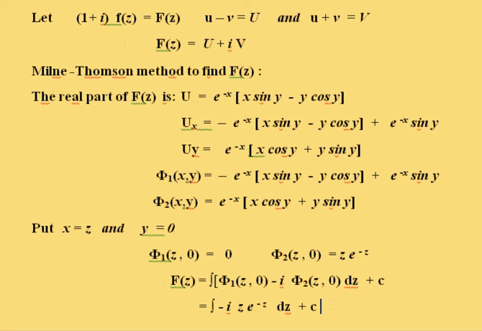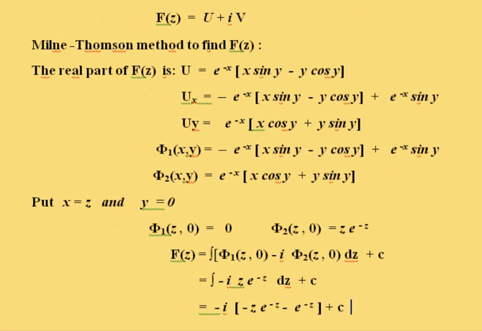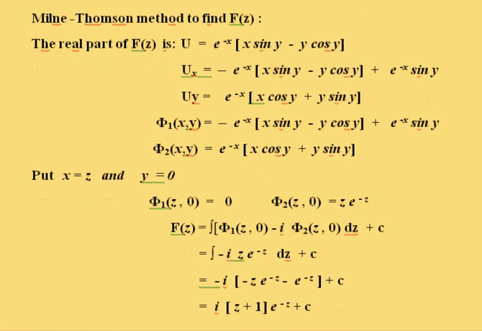Integrate it by parts, we will get minus i, minus z e raised to the power minus z minus e raised to the power minus z, plus c. Minus can be taken as common, so it will become i (z plus 1) e raised to the power minus z plus c. c is the complex constant of integration. Now we have found capital F(z), and initially we assumed capital F(z) was